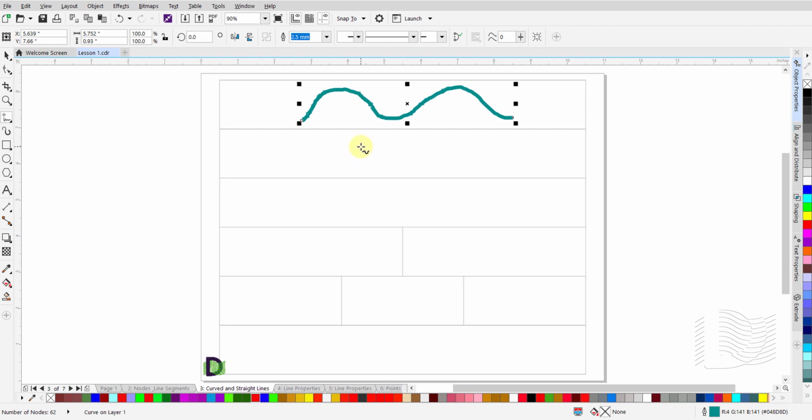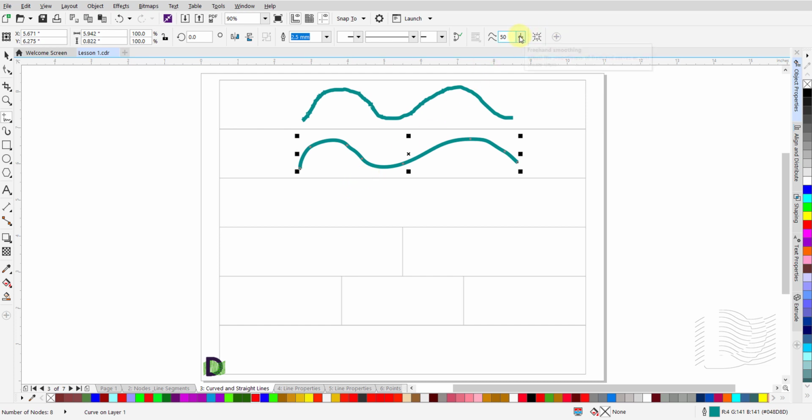You will notice that the curved line is not very smooth. Now, let us change the smoothness level up in the properties bar. We will increase it to 50 and redraw a similar curved line. Just as before, left-click and hold at the point where you want to start the curved line. Keep the left mouse button pressed, drag and start drawing. Release the left mouse button when done. You will notice that this curved line is considerably smoother than the previous.